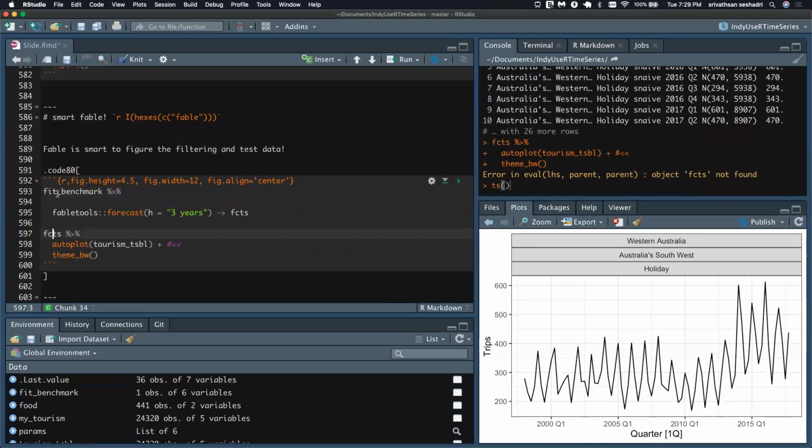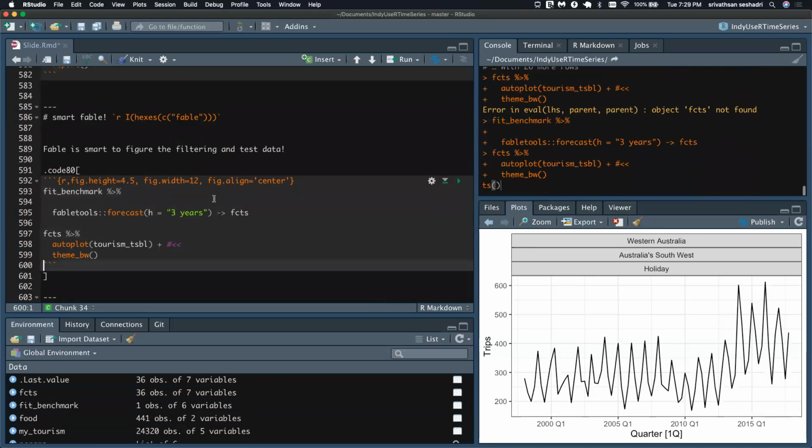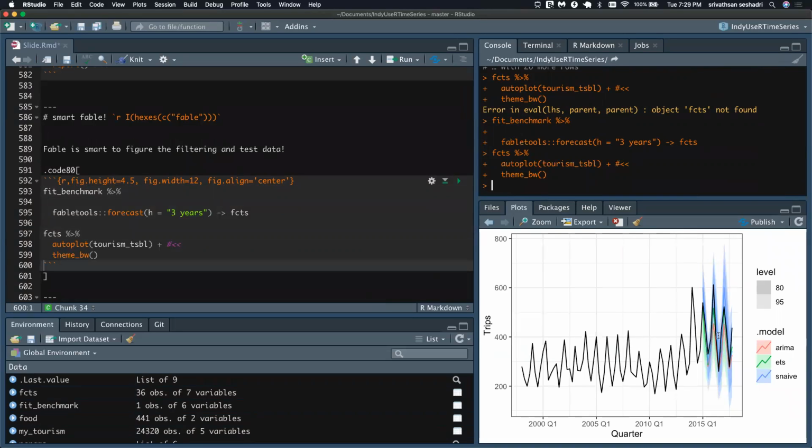Oh, I have to do this. You see how it identified what the data is and made a nice plot. If you notice what I did, I took the forecast from here, right? That's this guy. And I passed in autoplot and passed in the entire tibble, right? Even though I had only modeled for 1 time series within that entire tibble. I trained a model for 1 time series there. But I passed in the entire tibble as an argument to autoplot.